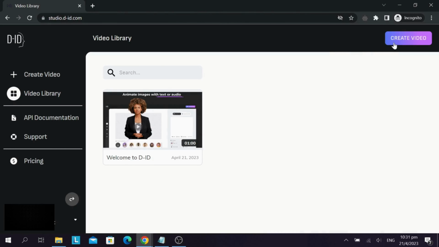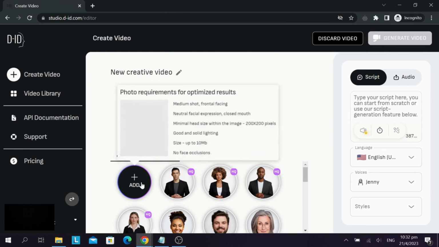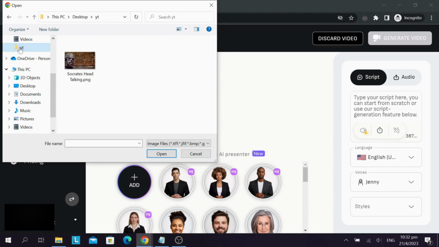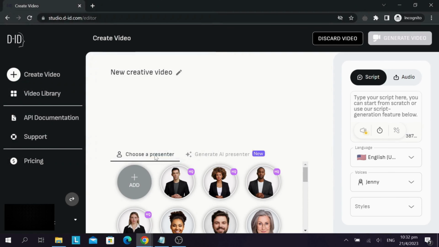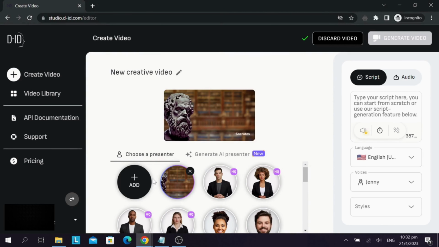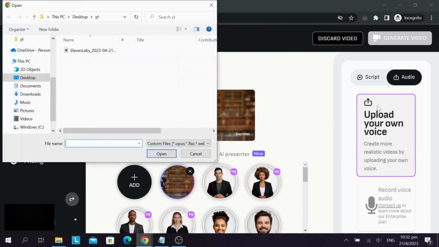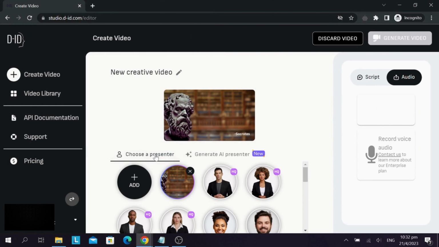Okay, so after signing up, what you're going to do is go ahead and press create video again, and then press add. And here you can choose the things you've saved before. So I can just go ahead and choose YT, and I can choose the Socrates head talking over here, and then open this. Then I can just go over here and press audio and upload the text to speech over here, and that's it. Now let this just upload,